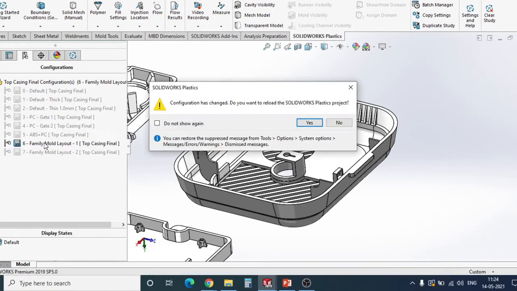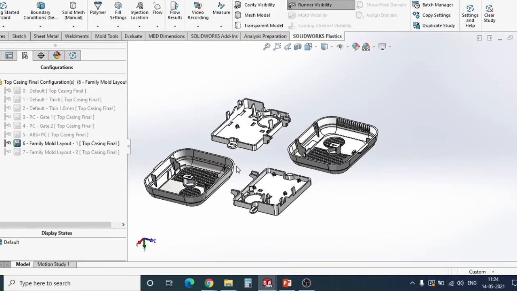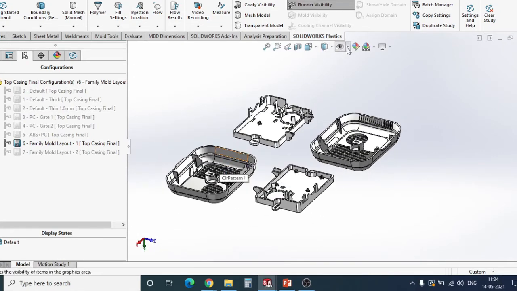Now, whenever we talk about plastics, we usually manufacture them in family molds, correct? We don't manufacture a single component. So this is my smoke alarm top casing and bottom casing, both are available. So let me showcase you the capabilities of family molds if I want to manufacture a number of components at a time.